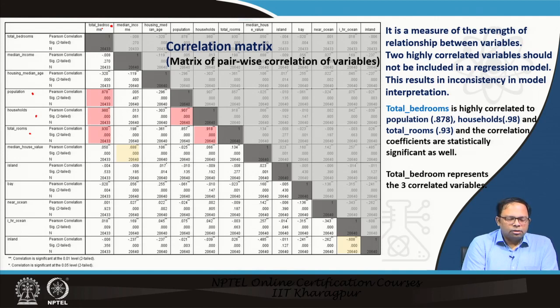correlated data. So that means here the correlation values are shown over here, these are very high correlation values. So with population it is 0.878, household 0.98, total rooms 0.93, and so we do not need to take all of them. Similarly, we have got high correlation between households and population as well, and again total rooms and households. So that is why this actually helps us to decide which variables to include in the model and a more efficient way to build a model.